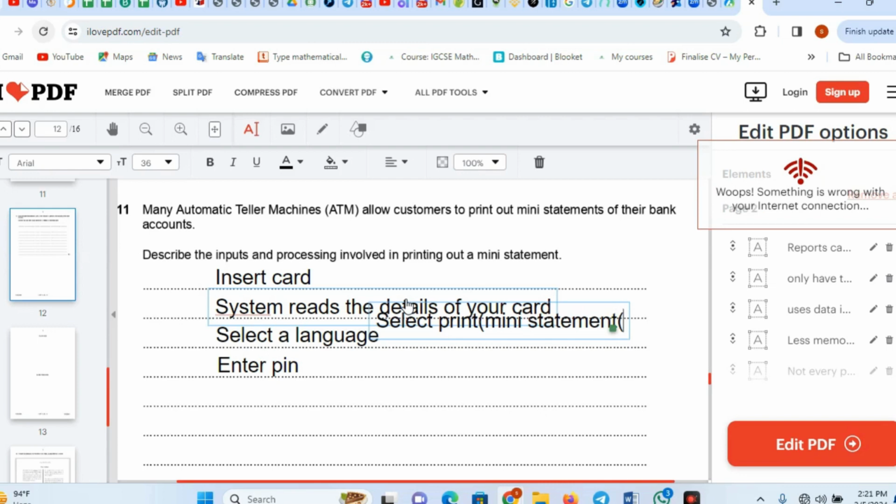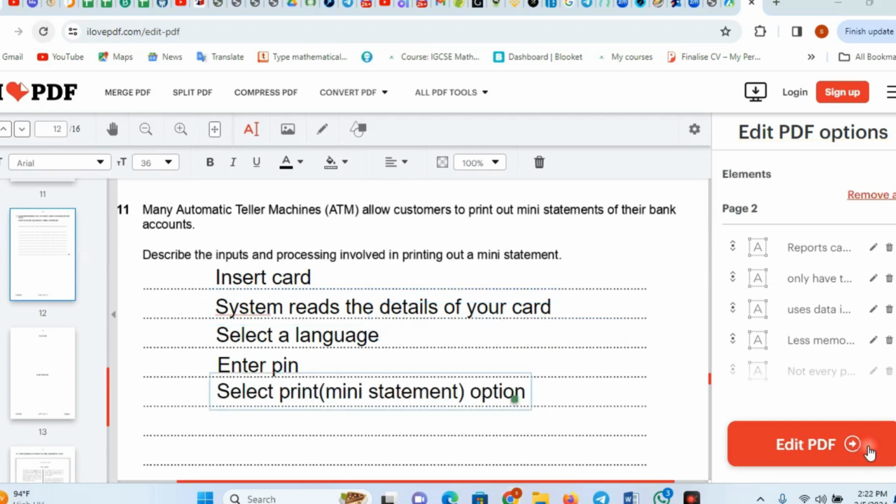You want to print your mini statement. So after you've selected print, the mini statement option,